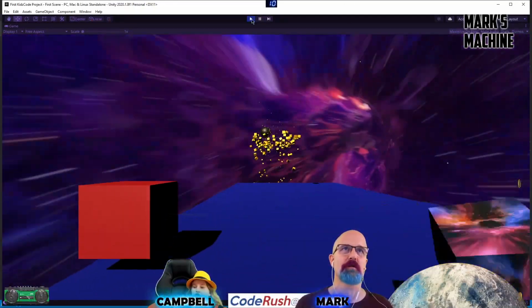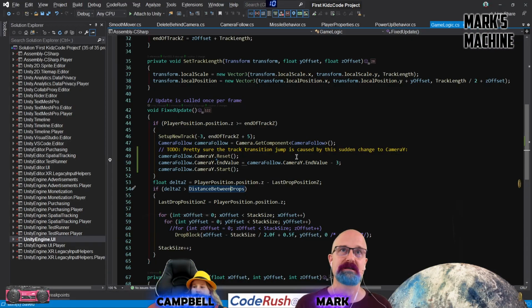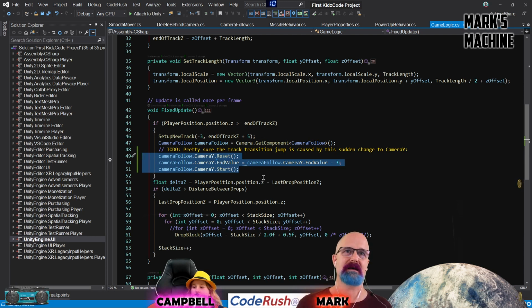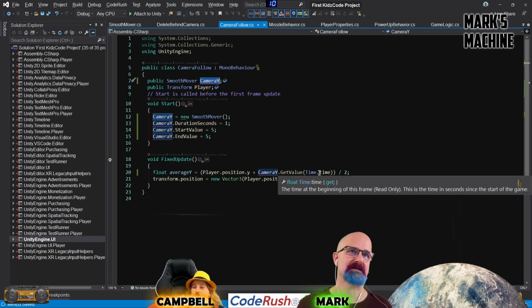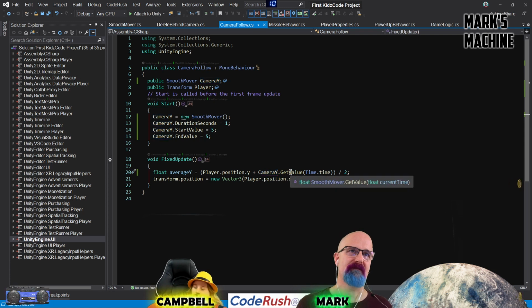The other thing that's super cool about this, Campbell, is if we want to do any kind of smooth animation, it's all we have to do. And we can do it anywhere. We just call get value passing in time.time. In fact,